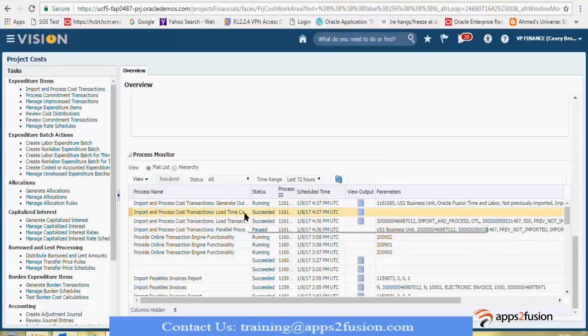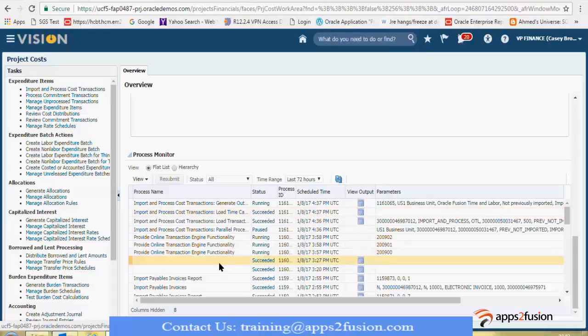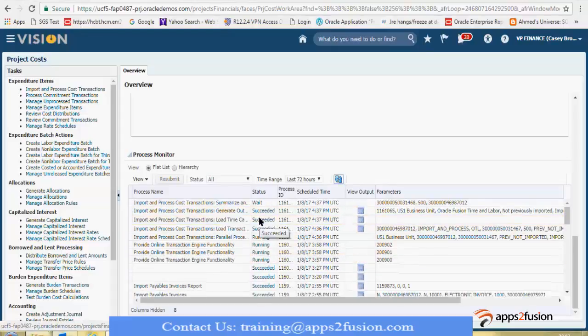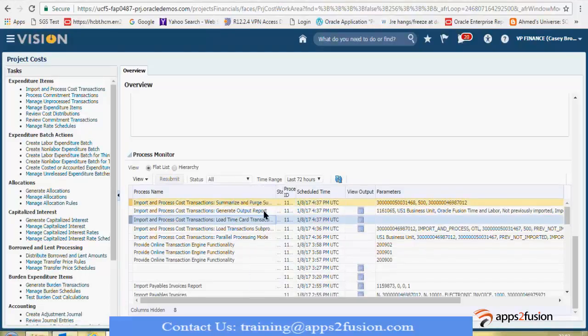The time card request has succeeded, but let all the requests that are running finish off. This is the time card request that runs from Fusion Time and Labor, and this is a sub process for the same.